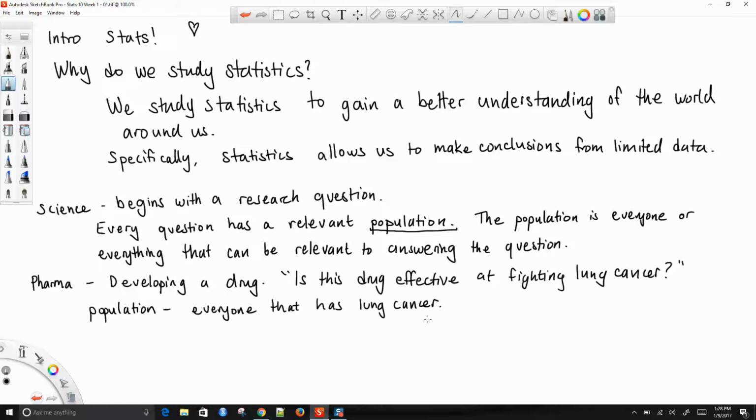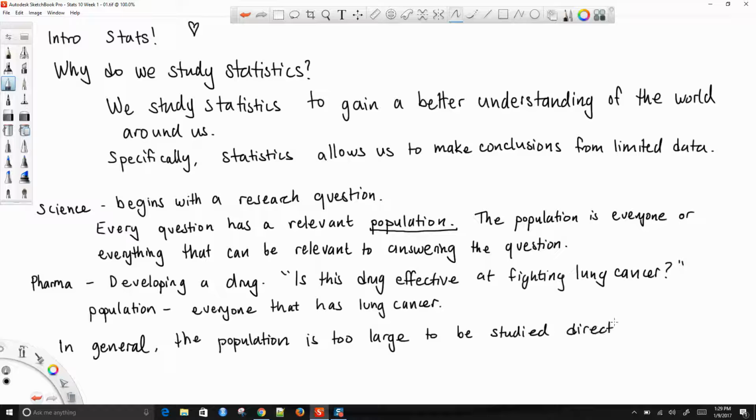Okay. And so we have a few ideas here, in that in general, whenever we're talking about a population, the population is too big to be studied directly. And this is kind of the key reason why we have statistics as a subject. So in general, the population is too large to be studied directly.